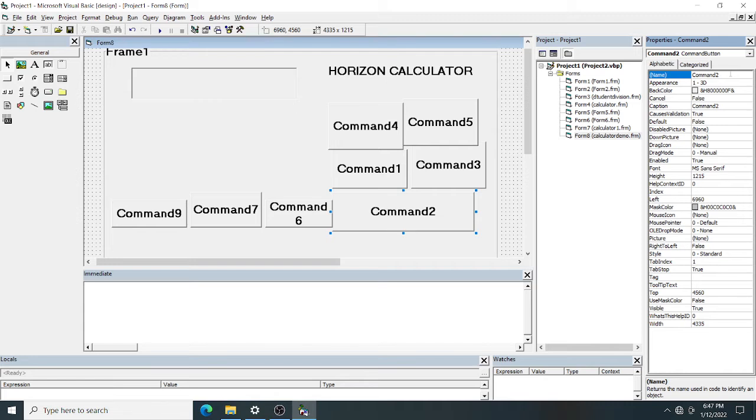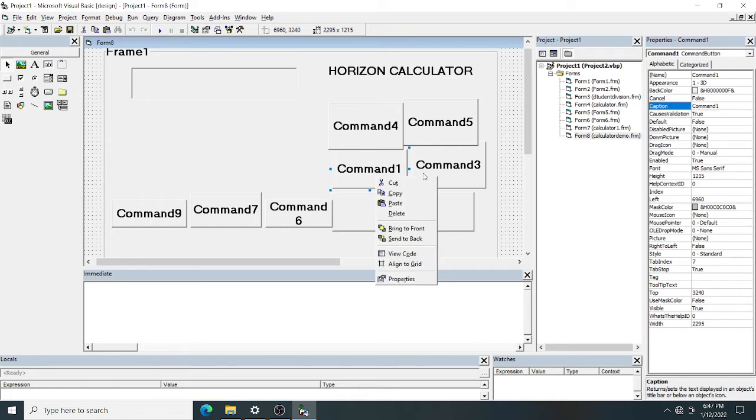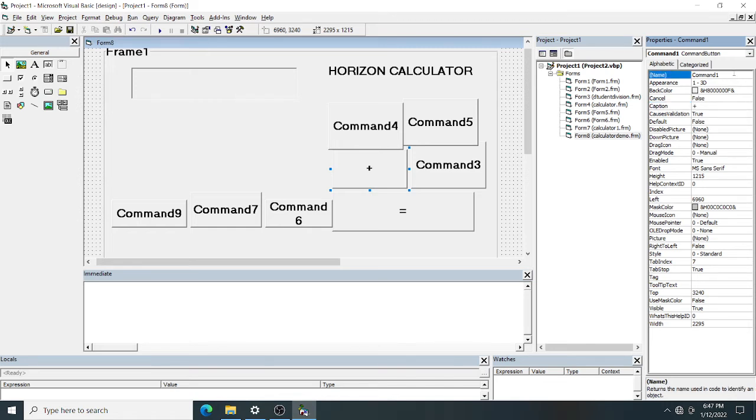Now if I go here, you can see I'm going to change the name. I'm changing the name to, suppose, equals, and the caption I'm going to change to the equal sign. And here again, what caption will I give? Display, the caption is plus, and the name is plus. Okay, so the caption is the plus symbol, and I have given plus.